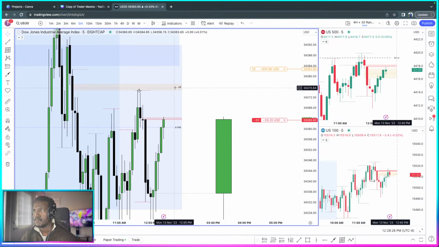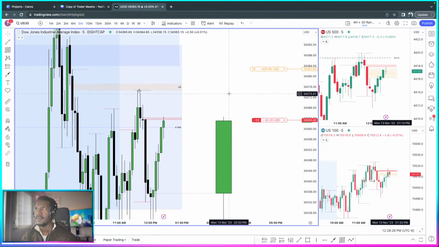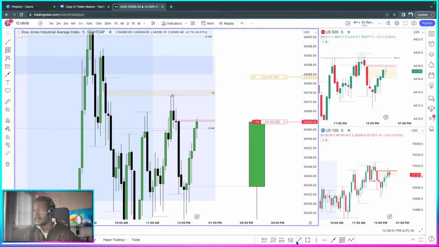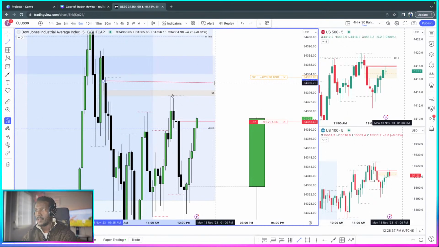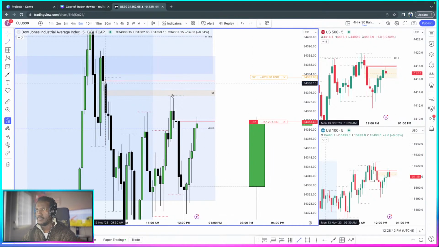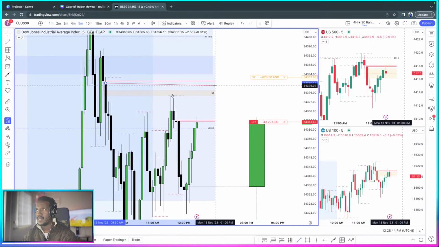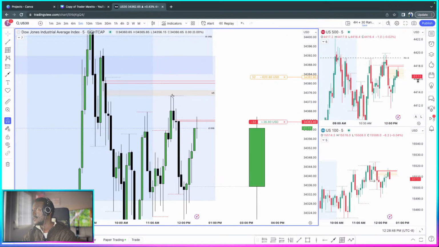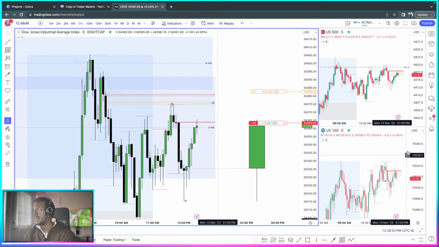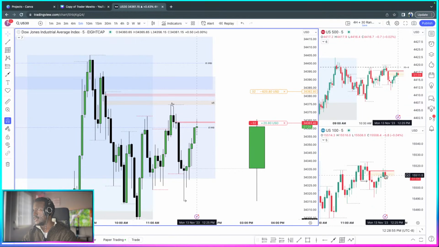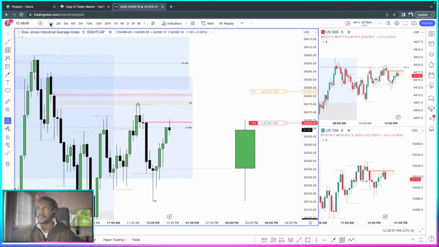Okay, if we do come up here, wait a minute, we do have another imbalance here, so let's also watch out for that. I had not seen that one. If I do get a good setup, I'm going in with a full 1%. That is another imbalance over there. This one, there's no other imbalance. This one, no other imbalance. US 100 is beginning to go down, which is okay.